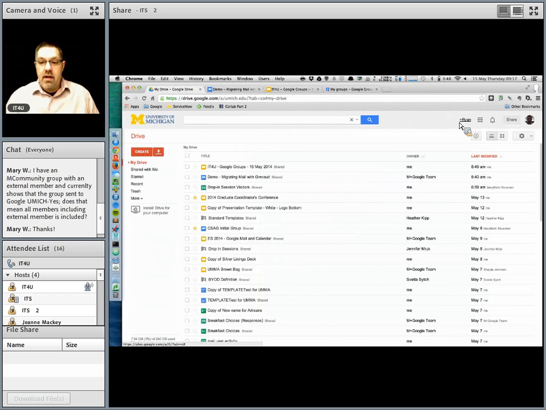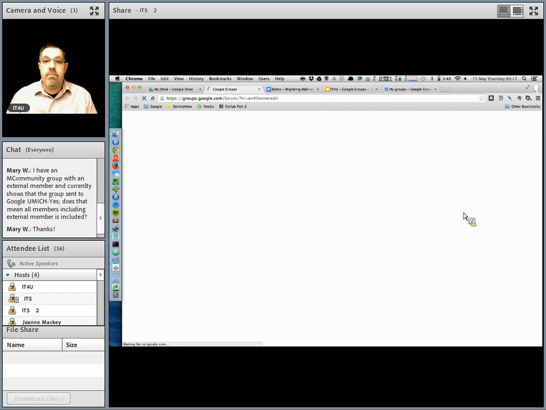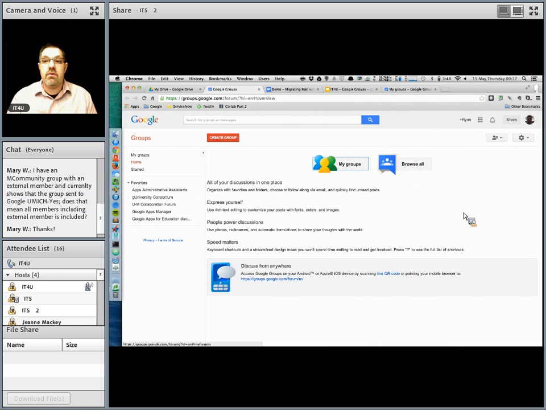So to get started, how do you find Google Groups? If you're in Drive or Mail or many of the services that Google has, you're probably familiar with this grid of 9 squares that appears at the top. If you click that, you'll get your menu of services, and Groups is going to be one of the services in that main menu. You just click that and it's going to take you directly to the home page for